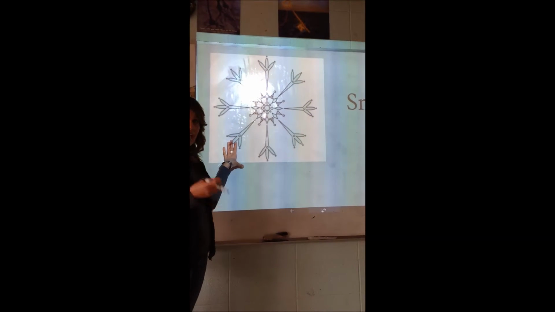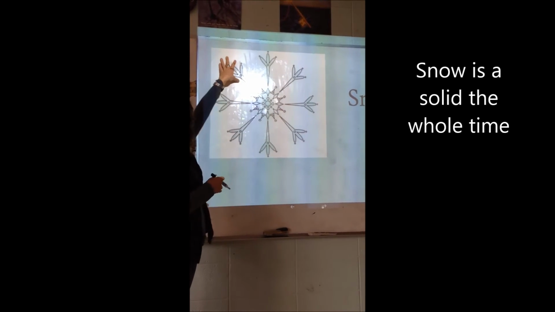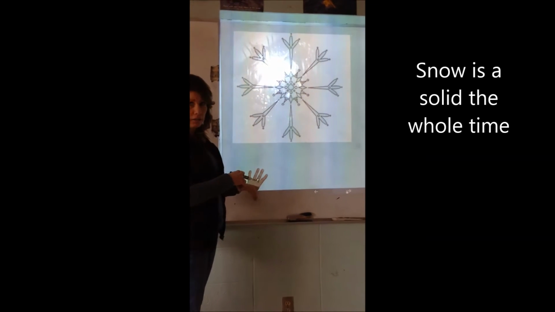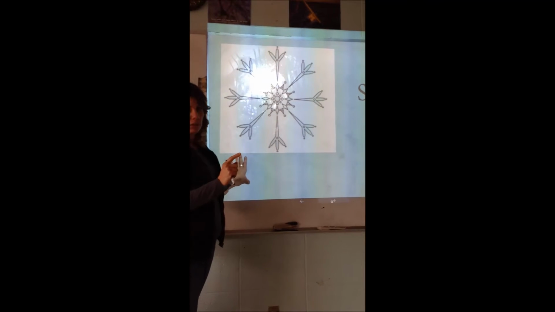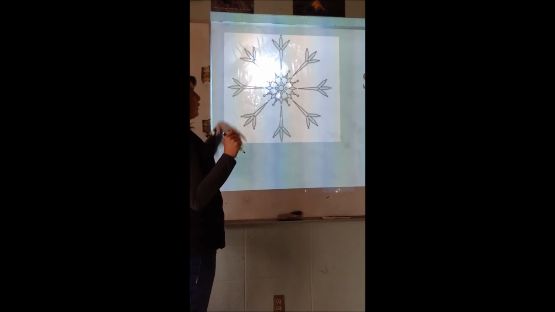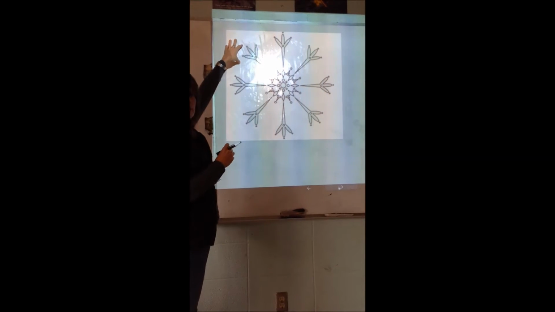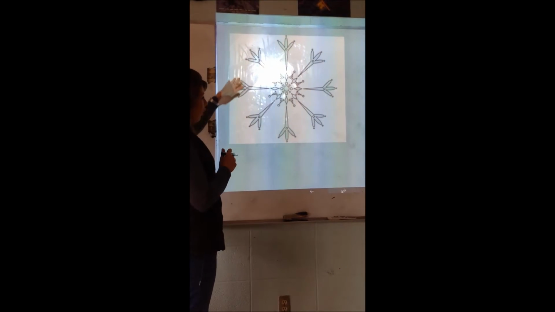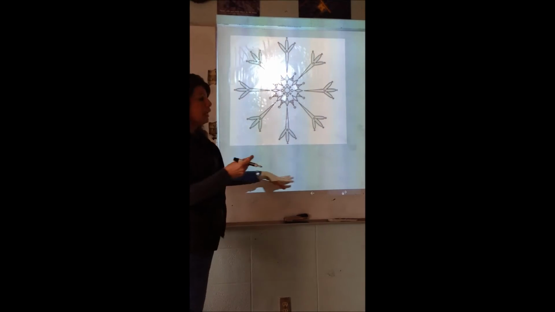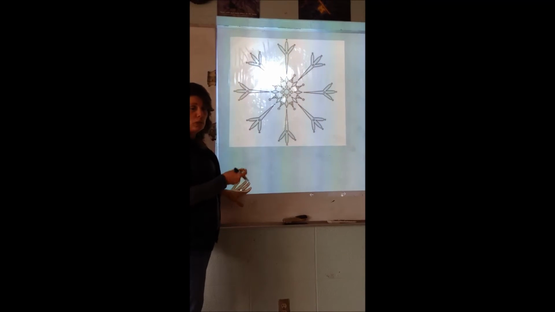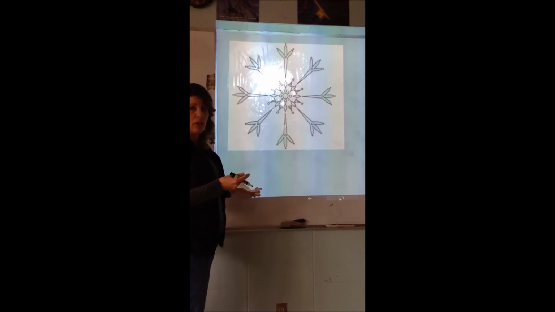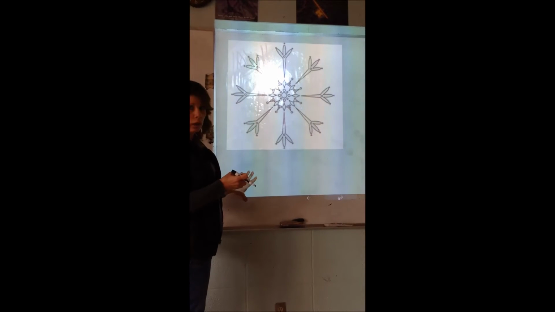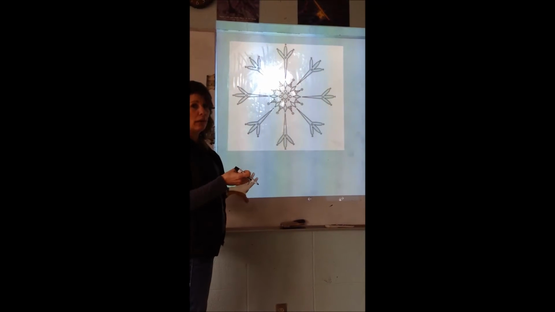Snow is actually a solid, and it leaves the cloud as a solid, and it hits the ground as a solid. Now, why is it a solid? That will all depend on the temperature of the atmosphere. If the atmosphere is very cold up high in the clouds, it will form as a solid and fall all the way down as a solid. If the ground is very cold, which it hasn't been lately, then that snow will stick, and that's how you get accumulation. But if the ground is warm, that snow will melt and turn into a liquid.